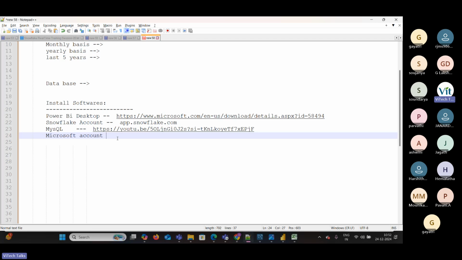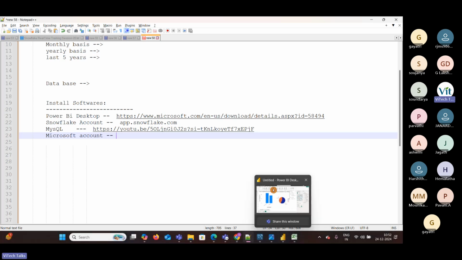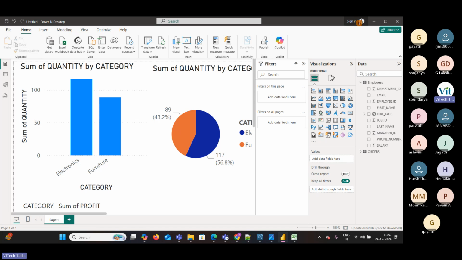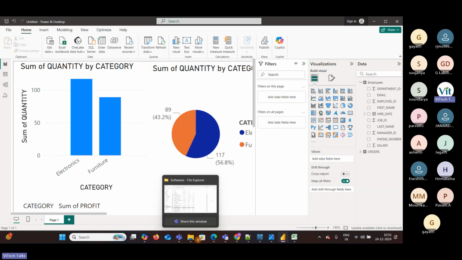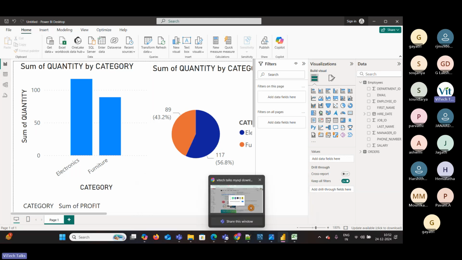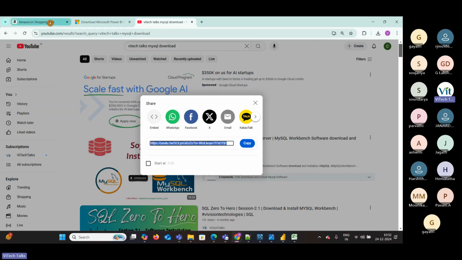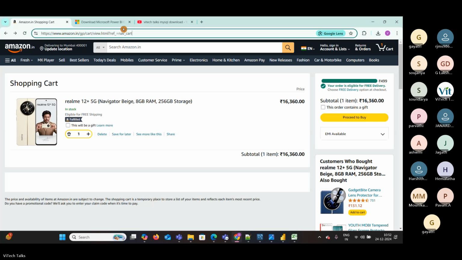Now Microsoft account. Why do we need to create a Microsoft account? Here you need to sign in. Then only can you save all these worksheets. This is also free. You no need to pay anything. It's also a free trial only. So what you can do,